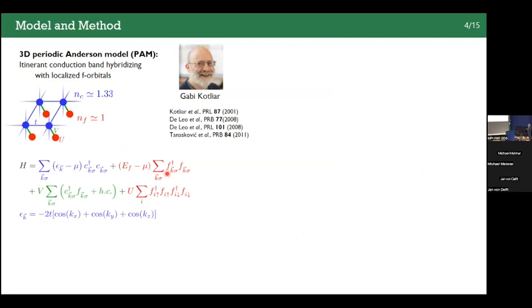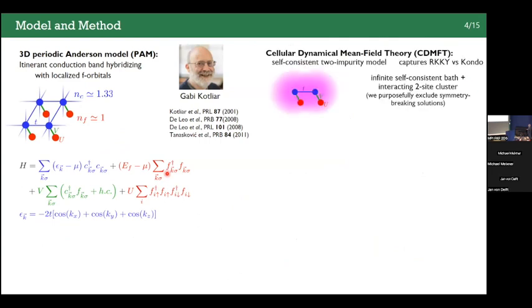All right, and now the question is, how much of this can one understand based on a model, a toy model, but a paradigmatic one such as the periodic Anderson model? And our work was inspired by early work done by Kotliar and his collaborators for this periodic Anderson model, which I studied using cellular dynamical mean field theory. So you have an infinite self-consistent bath coupled to an interacting two-site cluster. So it's important that it's not single site, but two-site DMFT, so that you have a possibility for singlet correlation